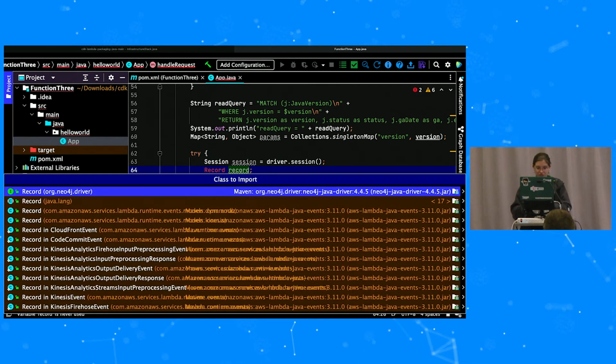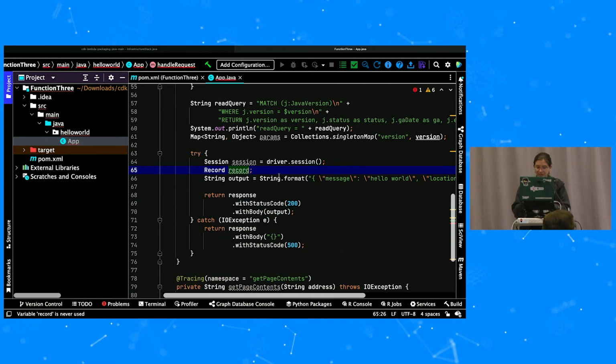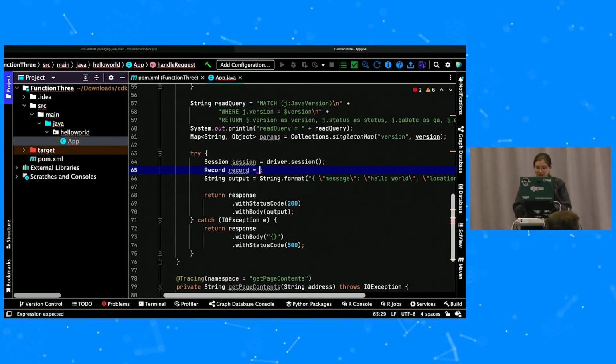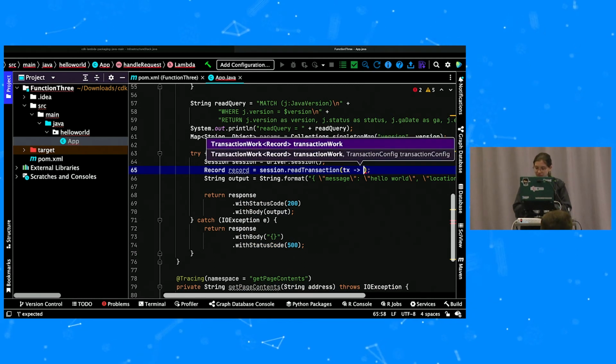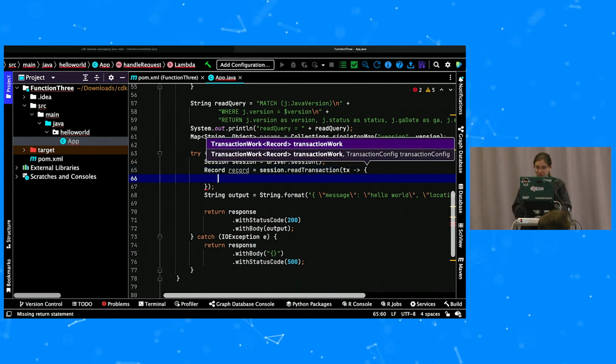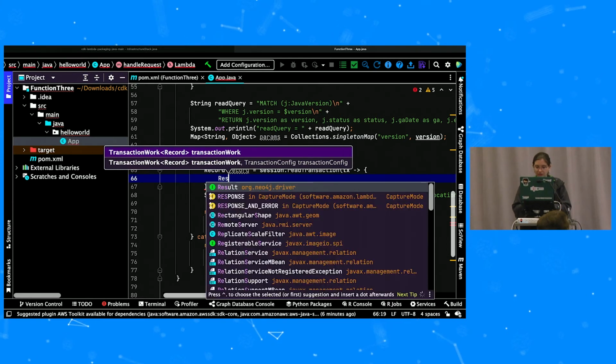Okay, thank you, IntelliJ, for saying you need a semicolon with Java. And then let's take our session.read transaction. We're going to take a transaction. We're going to create a Lambda, doing fancy stuff here. Result,